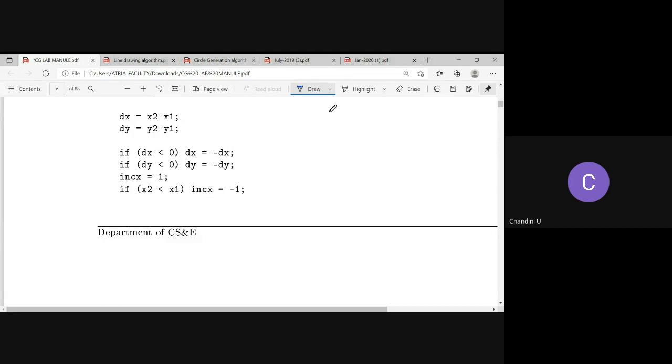We are assuming that, suppose we have a window screen like this, starting from the lower left we are moving up. If this is x1, x2 will obviously be greater than x1, right? Suppose this is the case where x2 is less than x1, which means we are starting from the topmost portion. So how will we increment? Our increment should be in the minus direction. Generally we move from the lower left to the upper left.